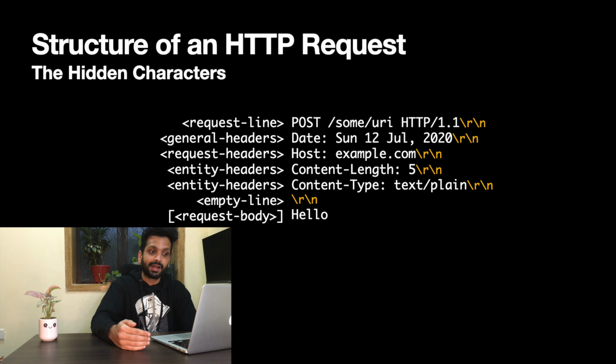It looks for a pattern which follows the pattern which we saw earlier, that is a method followed by a path followed by HTTP version. So as soon as it receives this pattern, it understands that this is a start of a new request, and this line ends with a CRLF. So when it receives the first request line, it starts listening for the next component of the HTTP request, that